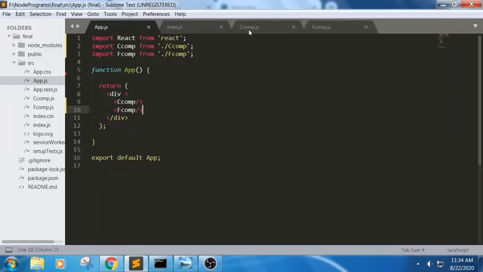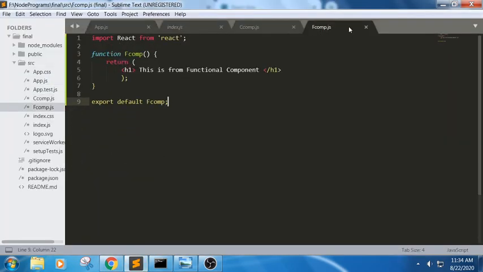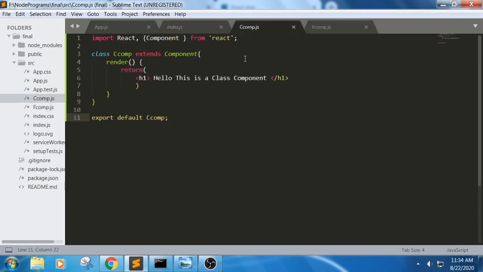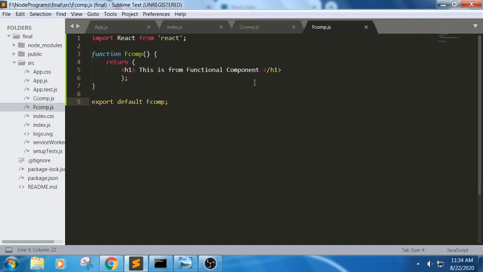So you understood, the first one is a class component and the next one is a functional component. In a functional component we will not use any render method, we will just have a return statement. So this is about the basic class and functional component.